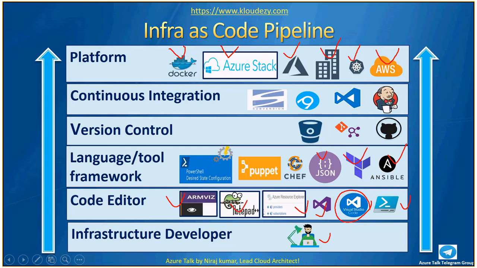Then you have something called configuration as code, or desired state configuration. So you can use Chef, and there are many other tools. As I said, we try to keep our focus on some of the popular tools. Chef is where you can automate your configuration management. Once you've deployed the infrastructure, then making changes inside the operating system, making sure a certain application is installed and your configuration is maintained, all of those you can do using Chef or Puppet. These are two tools. Plus Microsoft also has PowerShell desired state configuration, which is part of Azure